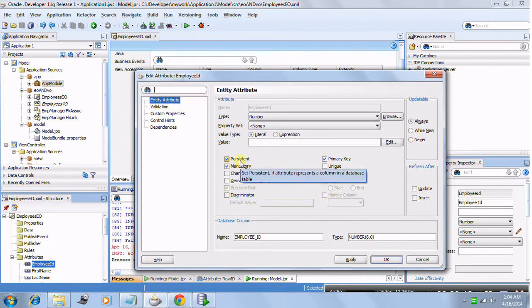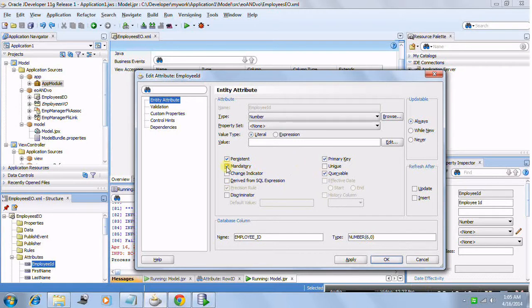Okay, and if you check this as mandatory, ADF will make sure that whenever it produces a model tester before you to enter the data, you always have to fill this attribute because it is marked as mandatory. You cannot leave that and then submit it, because it will then and there validate, and it will tell you that this is a mandatory attribute and it needs to be filled at that point of time. Now